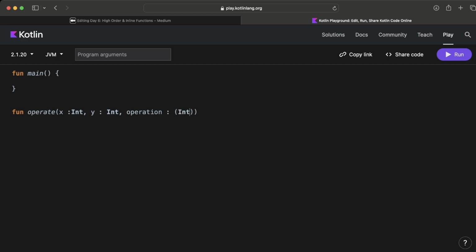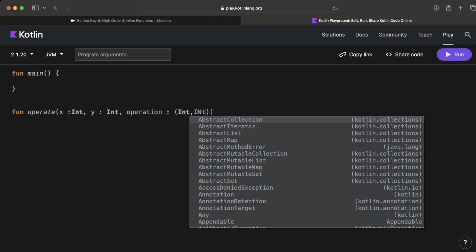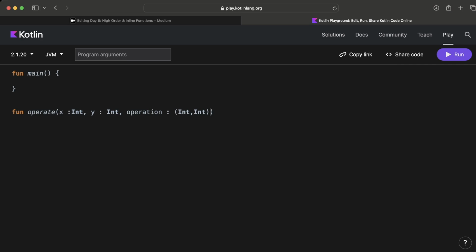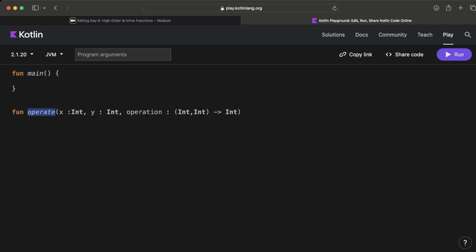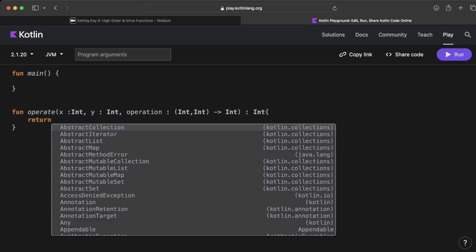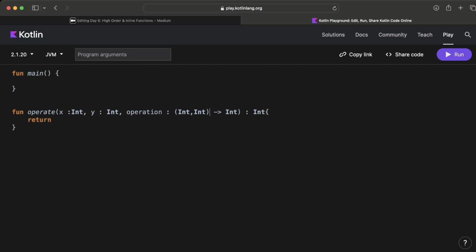It's gonna take two int numbers, and the result is gonna be an integer number, and our main function operate is gonna return an integer value. So we have to return an integer, and let's say we are gonna use x and y for our operation parameters,